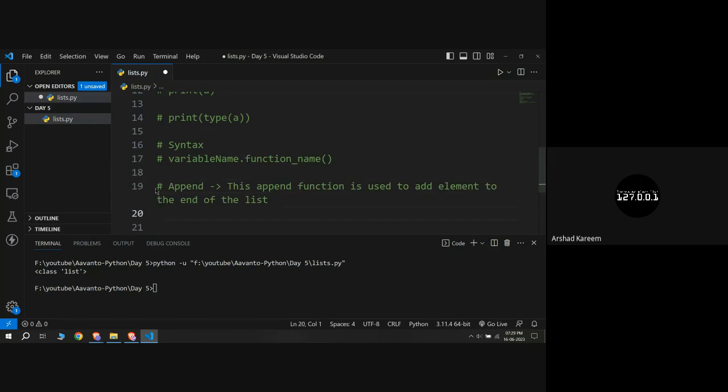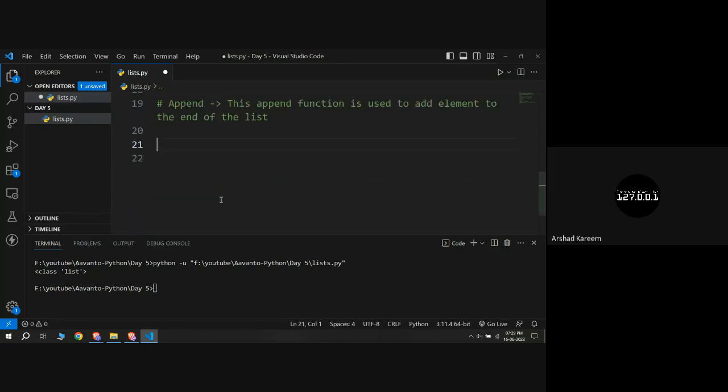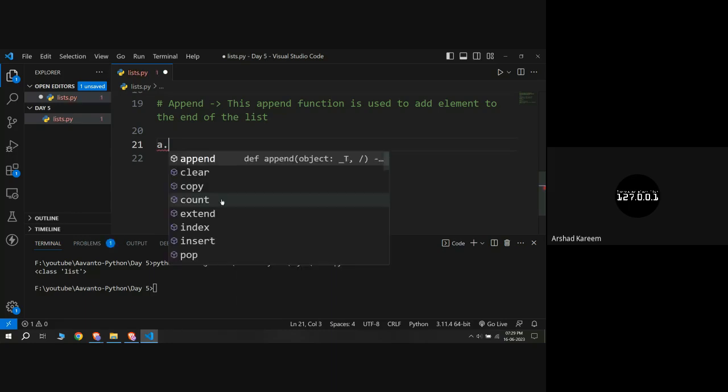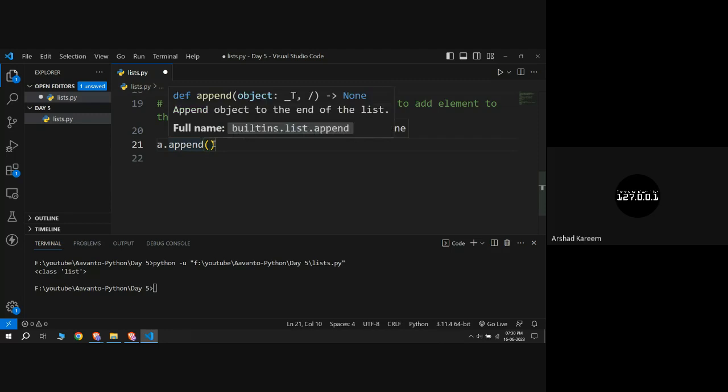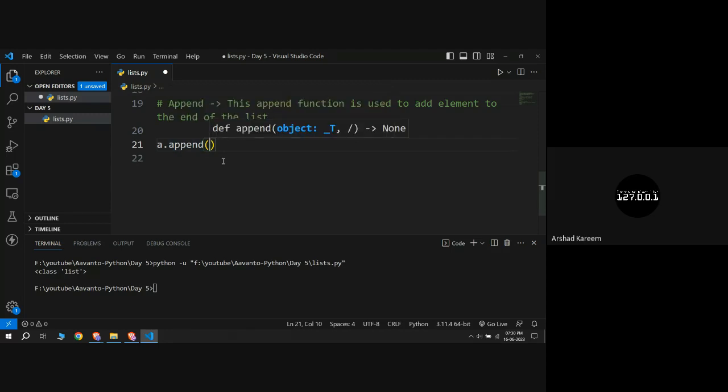So you know that our list name is a, and if I say a dot, then you can see here I got some suggestions. These are all the functions which are available in list. So if I say a dot append, this append will take exactly one argument. If I say a dot append of 10, and if I run this program,